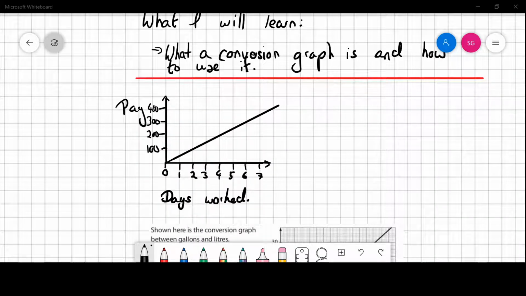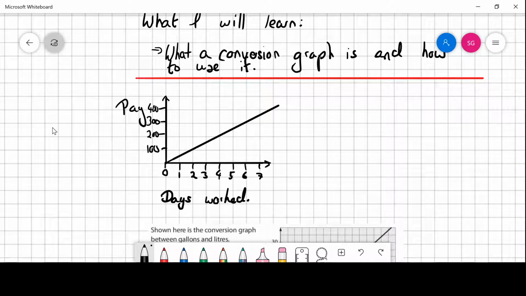So let's look at this graph here. Imagine you've taken up a part-time job, a summer job, so you're being paid maybe, let's say, €50 for a day's work, and you end up with a graph like this, where the number of days you work in a week affects how much you get paid. Okay, so it's going up by 50 for each day. You can see the ratio there of